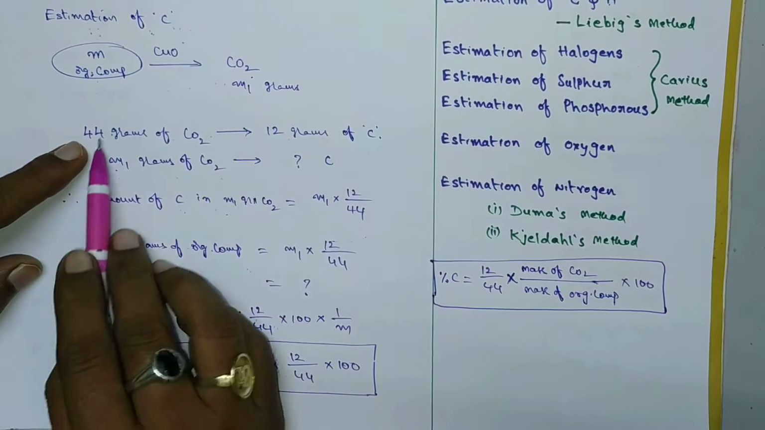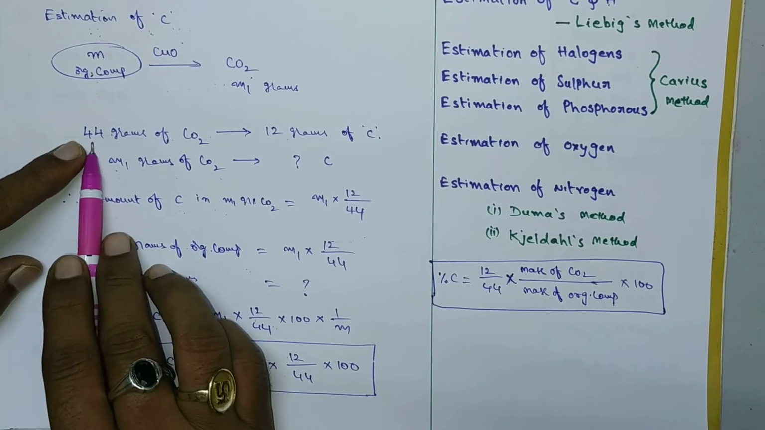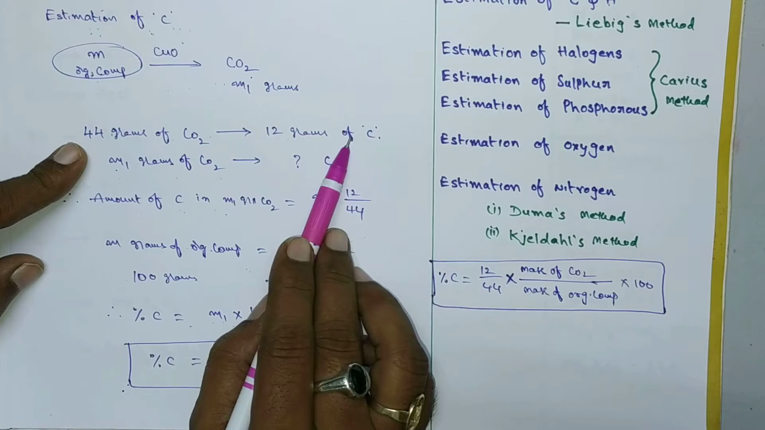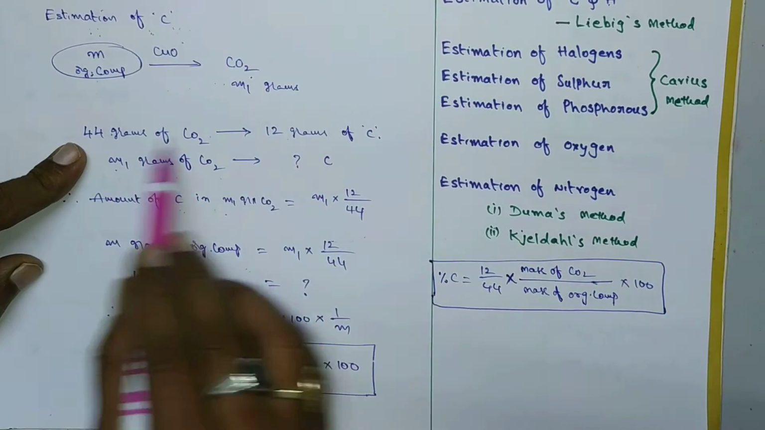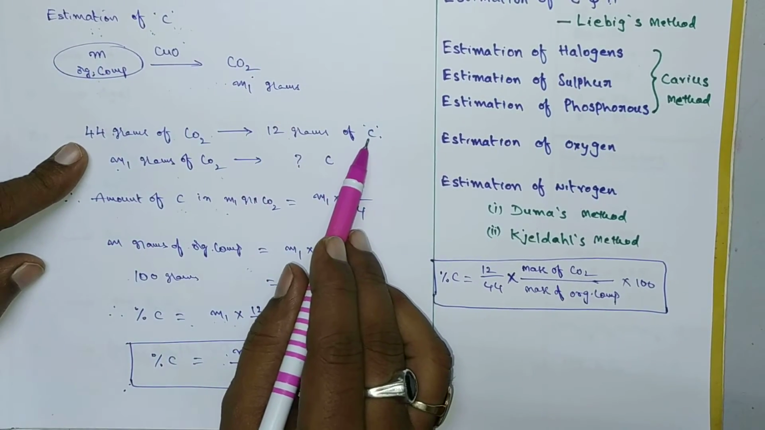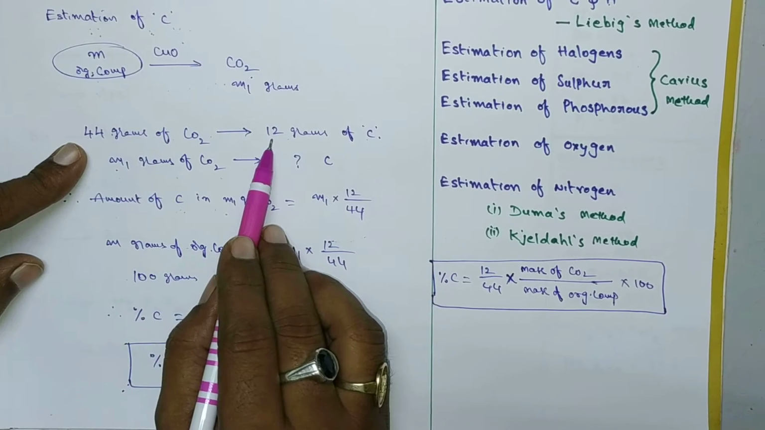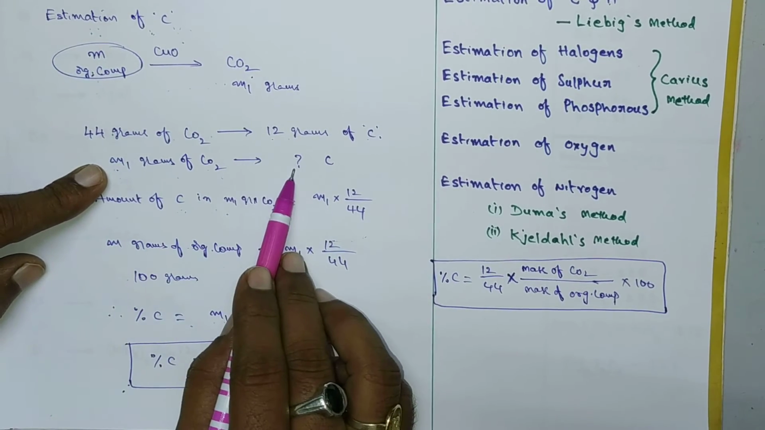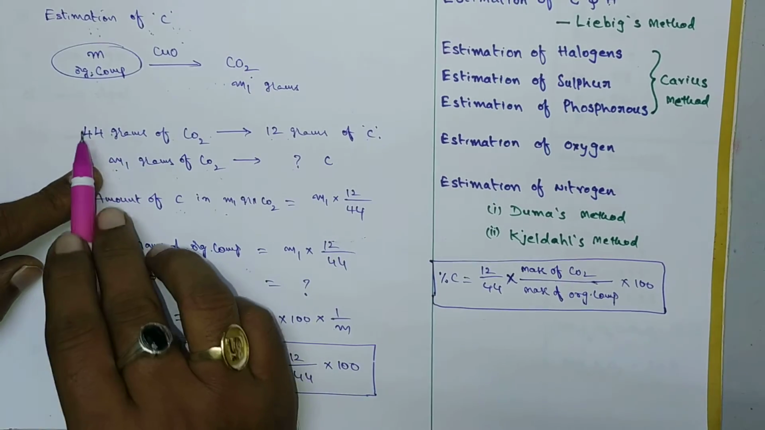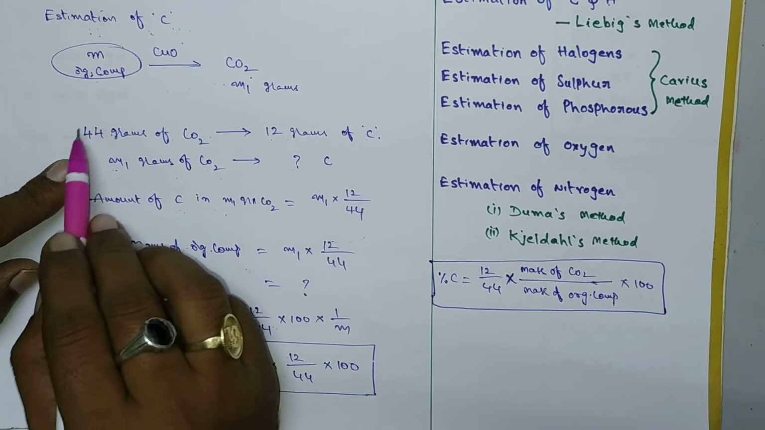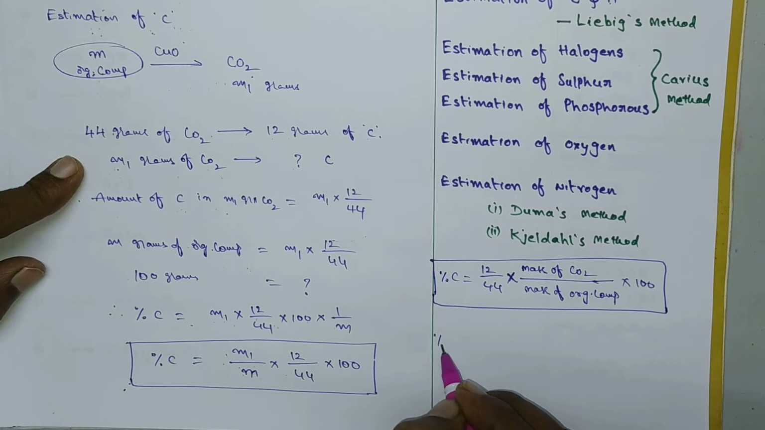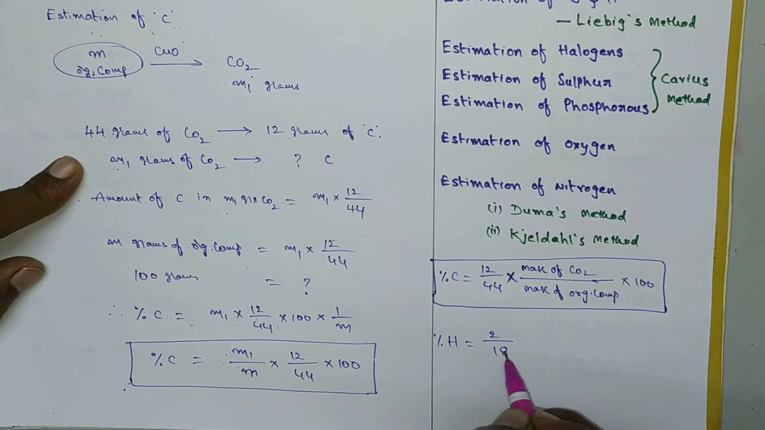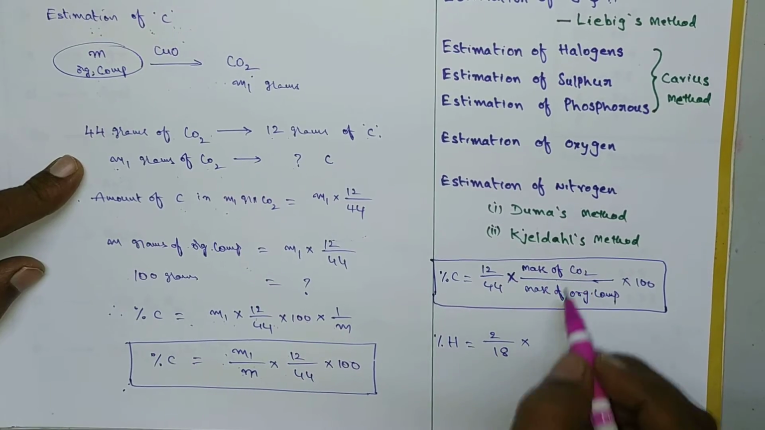H2O molar mass is 18, that's why 18 grams of H2O contains how many grams of hydrogen? 2 grams. Then m1 grams of H2O consists of how much? 2 into m1 by 18. So that means the percentage of hydrogen will become like this, 2 by 18 into